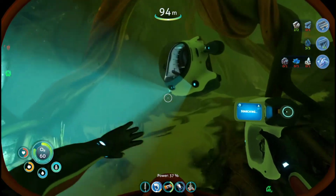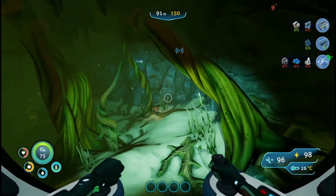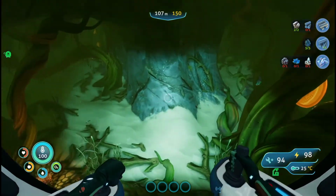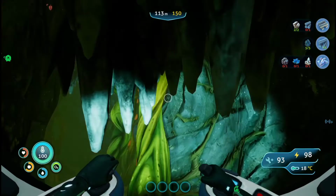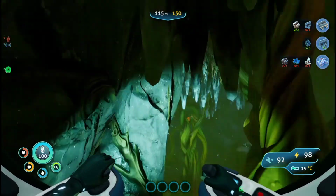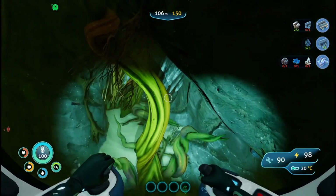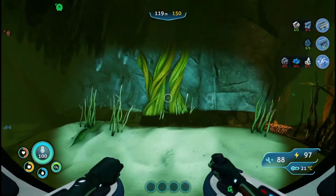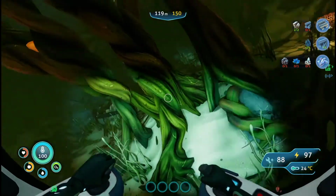Okay, guys, I got excited because in the last game, there was a fish that I missed out on, and it's called the mesmerizer or something along those lines, and I wanted to see it, but unfortunately for me, it wasn't as easy as I expected it to be. They are apparently very rare, at least that's what they seem like to me. But another assumption that I have is that they don't actually exist on PC, as I only interacted with them on